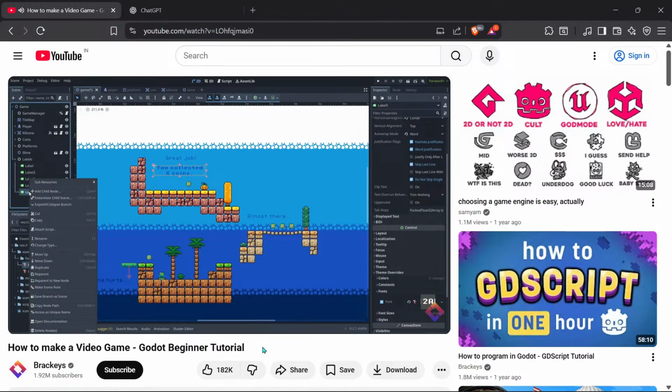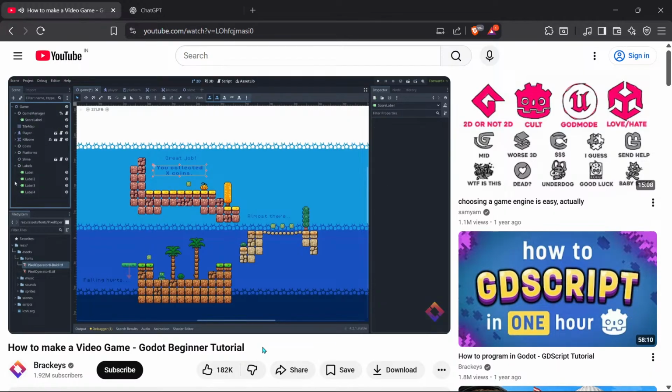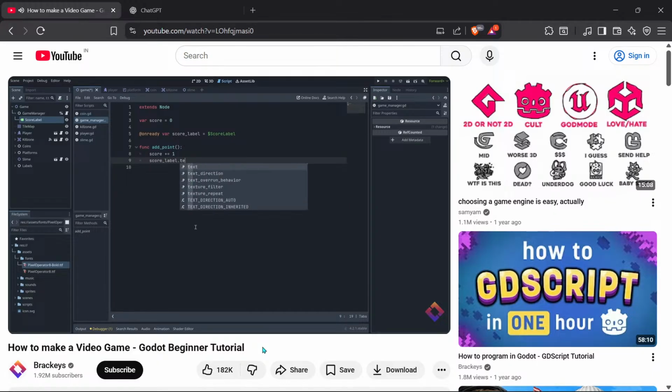Now we can take this label and rename it to something like score label. And since we want to change it from our game manager, let's drag it right under our game manager. Now in our script, we get a reference by clicking and dragging, holding down Control. And instead of printing our score, we'll go into our score label and access the text property and change it